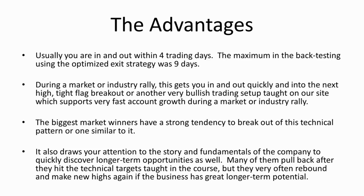I talked about the short stroke pattern earlier on and how IBD has done the research to show that those that break out of that pattern early in a bull market especially will tend to make the biggest moves over the next several months to years. And so if you focus on this pattern, you're going to be drawn to stories and learn more about the fundamentals of the company, and you're going to find some of these companies where you do the research